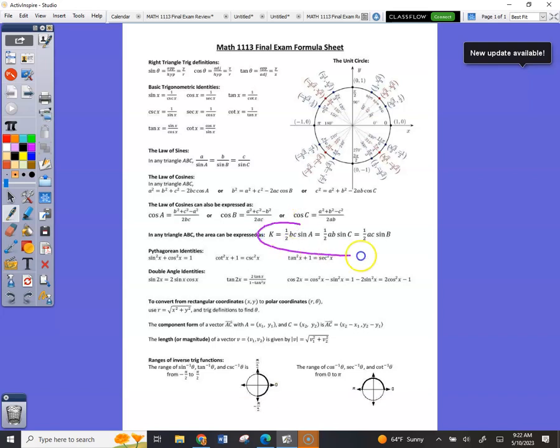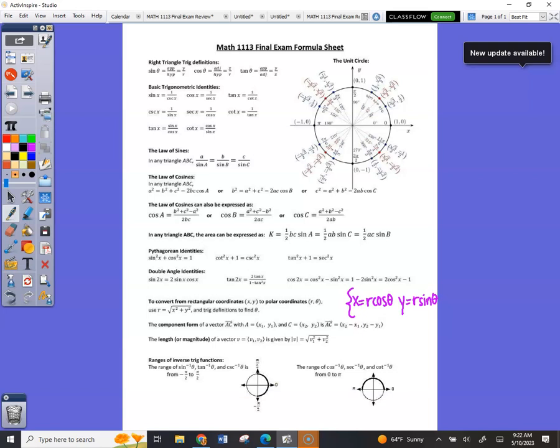See, here's the area of the triangle that I've added in there. So right here, I put x equals r cosine theta, y equals r sine theta. And that's going to be on your formula sheet, okay? So you want to add it to the one you have right now. But that's going to be on there so that you know how to get those coordinates, which is what you